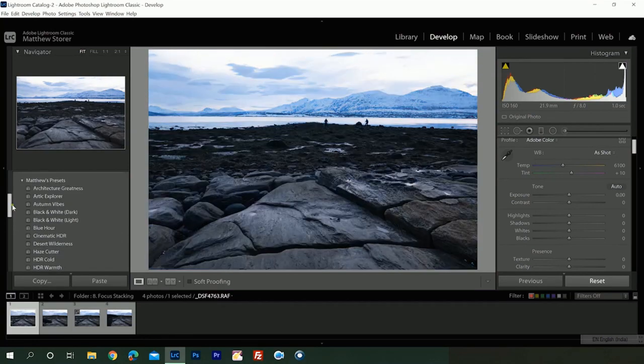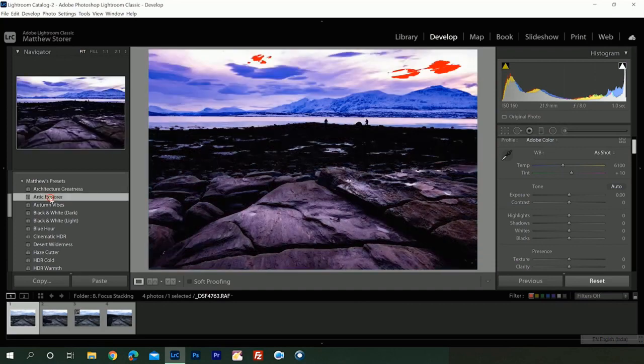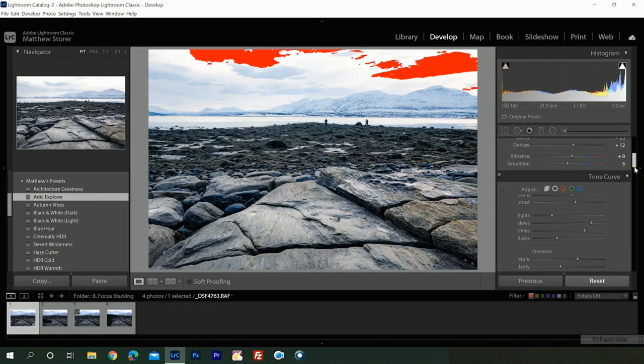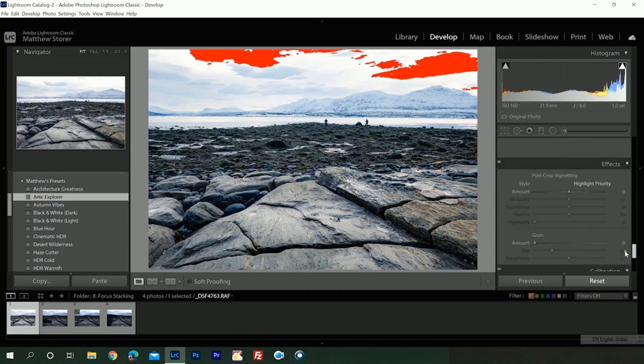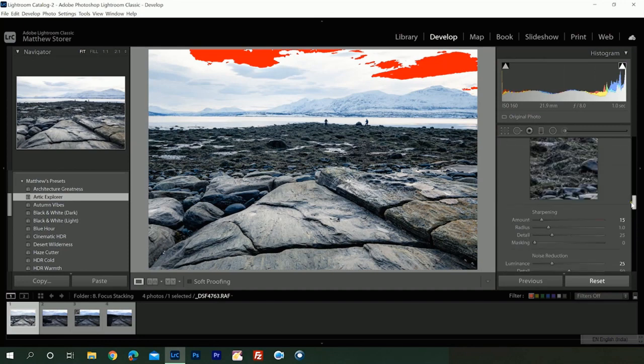So I'm going to use the Arctic Explorer preset. I'm going to just click on that, and you're going to see on the right hand side now, it's going to make all these changes. So everything is now edited. It is that simple to do. A preset saves you so much time, especially if you've just been on holidays and you come back and you've got very similar